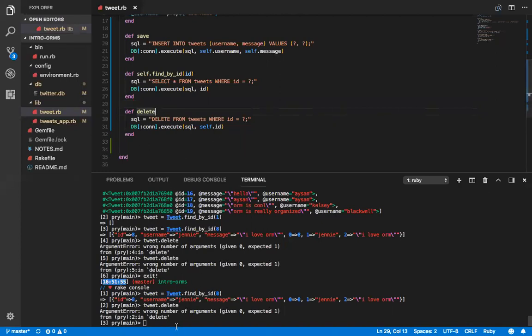Well, how does it know which one it is? How is delete going to know which one it is? So what we're doing is we're finding the instance with this find by and storing it inside tweet. Okay, I see. That is now self, right? So we're inserting self.id. But I wonder if it's